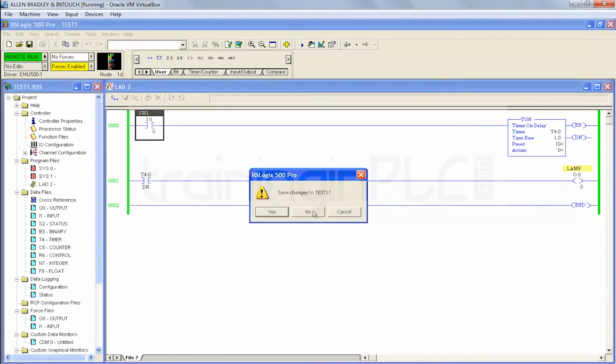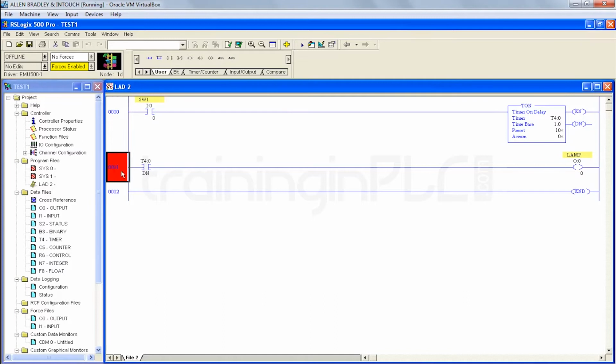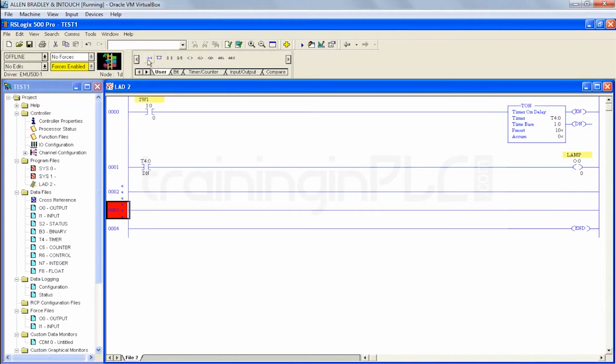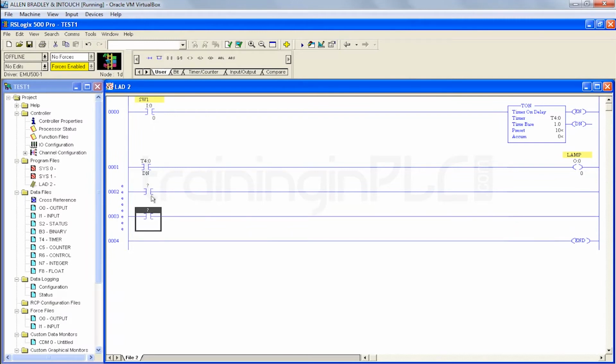Now, how to check whether the enable is on? If you want to connect an output with the enable bit, how to do it? I'll let you know how to do that. Get 2 more rungs, one for the enable bit, another one for the done bit, and you can connect 2 more outputs for the respective bits.